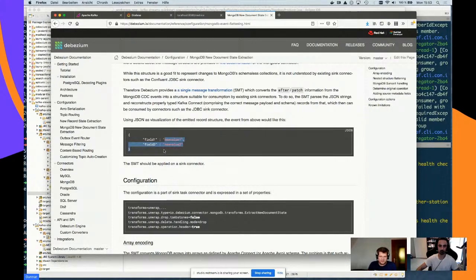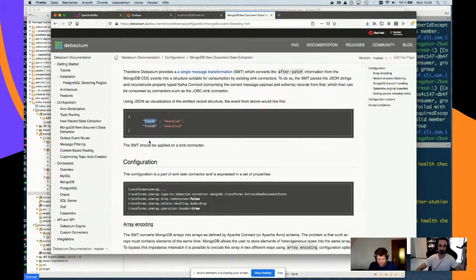So let's say I have this field 1, and it changes its type between documents. In one document, it's an integer. The next document, it's a string or date. If I would like to write this data to a relational database, probably it will be quite challenging because I would have to update the type definition of this column, right? But on the other hand, usually you wouldn't probably do this, so then you would just be fine. Okay, so cool. I hope this answers the question, but definitely check out this SMT. This, I think, will be helpful for you.